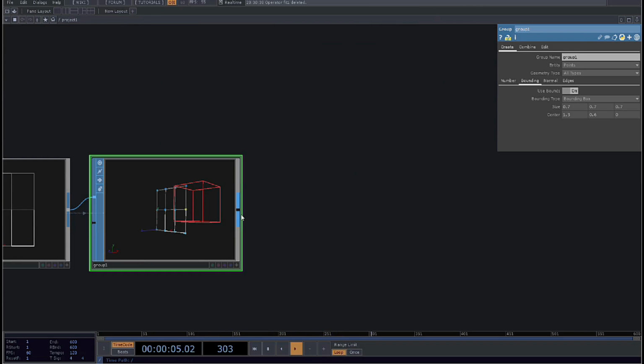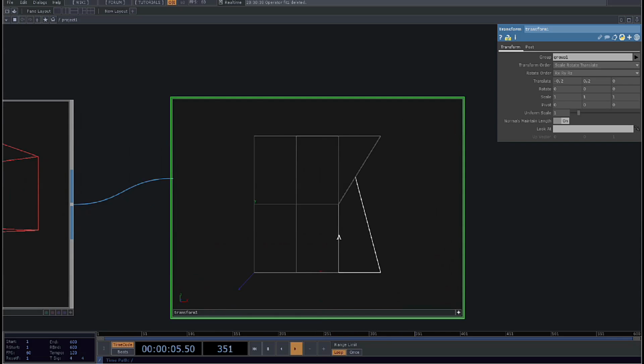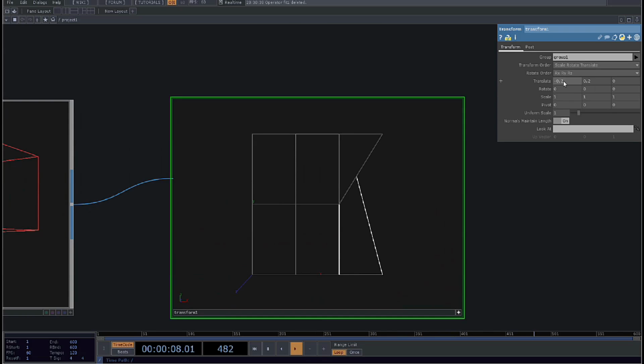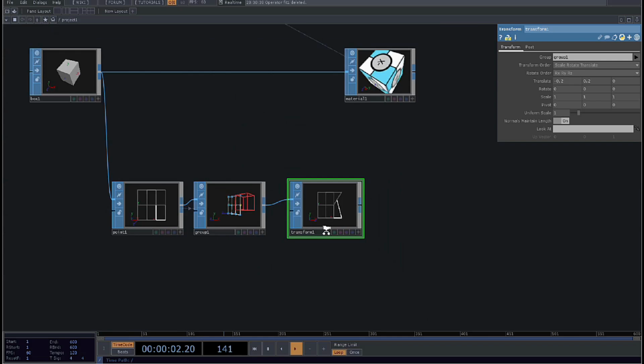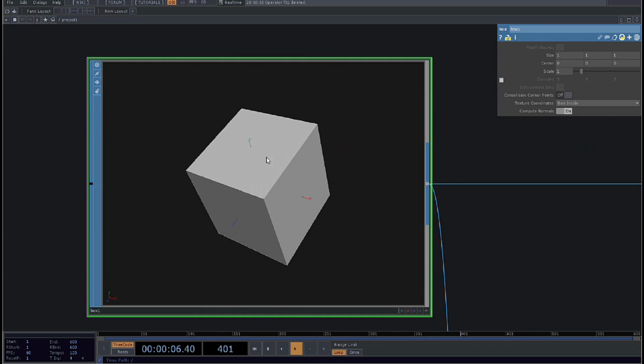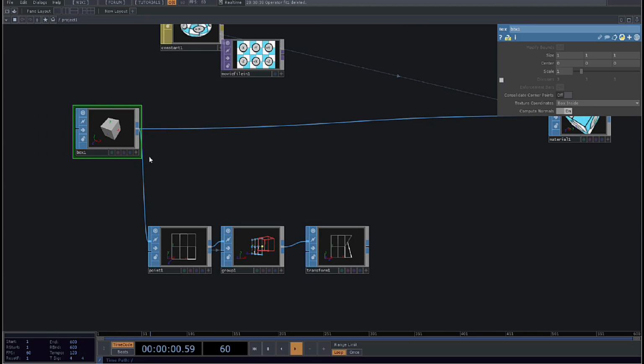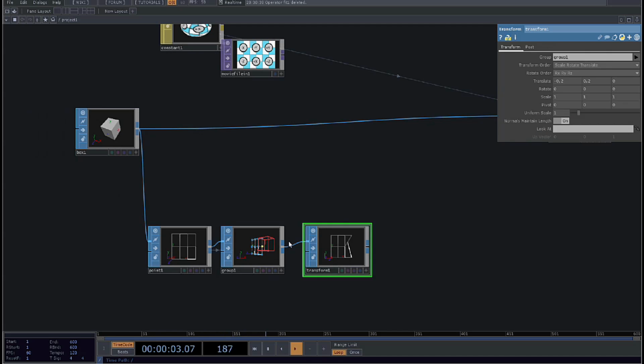And then what I can do is transform that by using a Transform, selecting the group, and then I can move just those points. So now just moving those points, we have here a sort of weird UV map. And now we can take this UV map and say, let's take the points from this 3D object, and let's apply the UV map to the 3D object. So what we can do is use